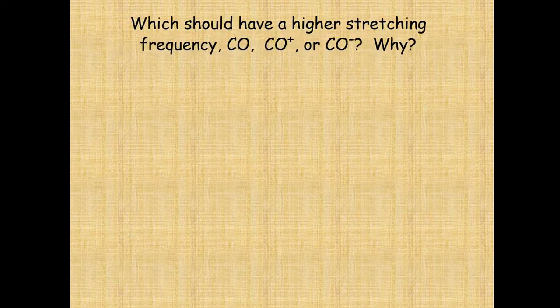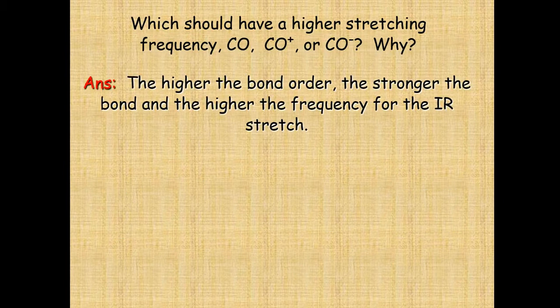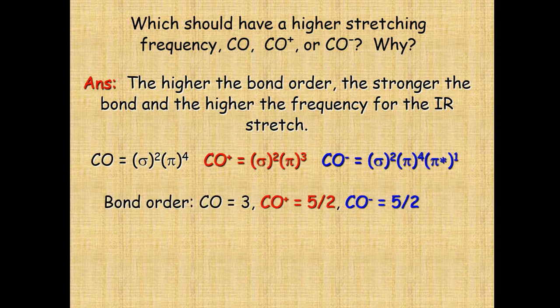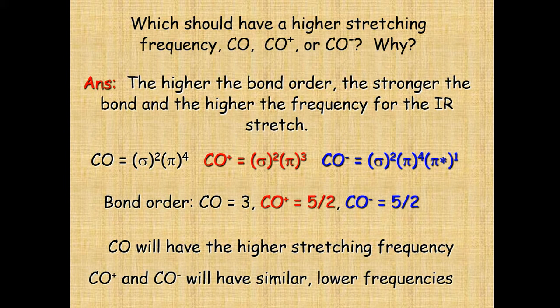The same applies for the reduced mass. I am not going to discuss these things, as you can calculate them. Bond order is very important. Which molecule requires less vibrational frequency and which requires more, you can easily calculate. For example, carbon monoxide, CO plus and CO negative. You have to calculate the bond order first, and whichever has the higher bond order will require more vibrational frequency to stretch its bonds.